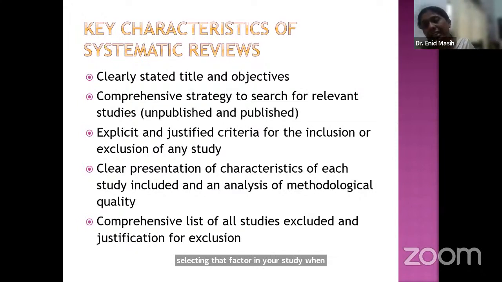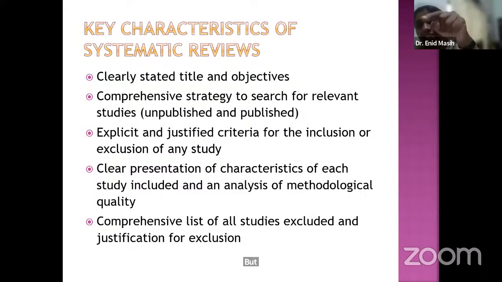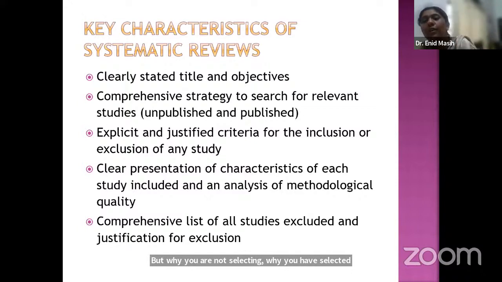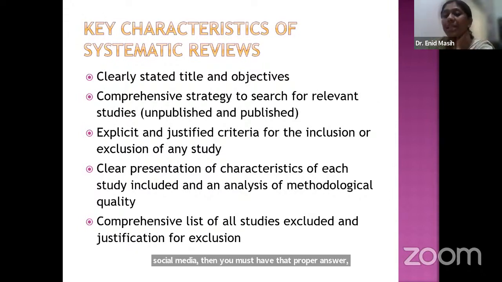That any factor, each and every factor which is available there, is contributing somehow in the study. But why are you not selecting it? Why have you selected age? Why have you selected gender? Why have you selected the influence of social media or the engagement of social media? Then you must have a proper answer, and all these answers must be answered at the time when you are